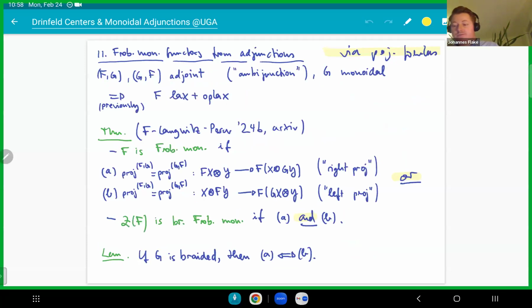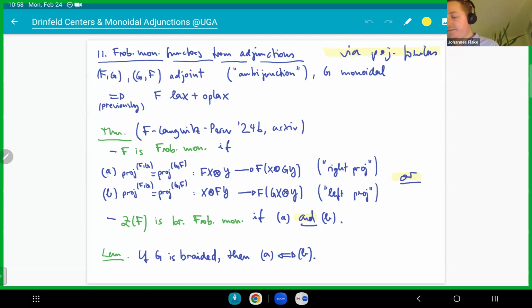So it would be good to see if our functors that we produce now are also Frobenius monoidal. And indeed, this is the second result now. In somehow the same kind of situation, but now assuming that actually the adjoint is an ambi-adjunction. So G is simultaneously right and left adjoint to F. We indeed get that the functor F itself, which is both left and right adjoint, is Frobenius monoidal if,